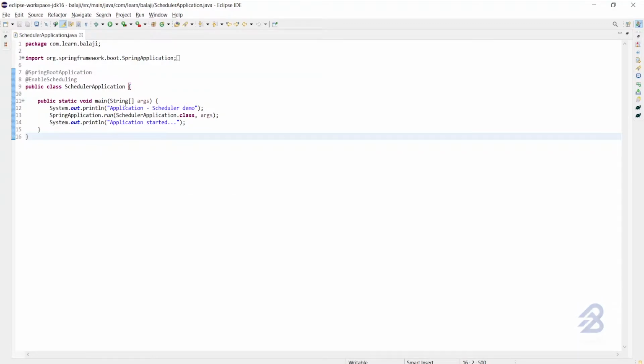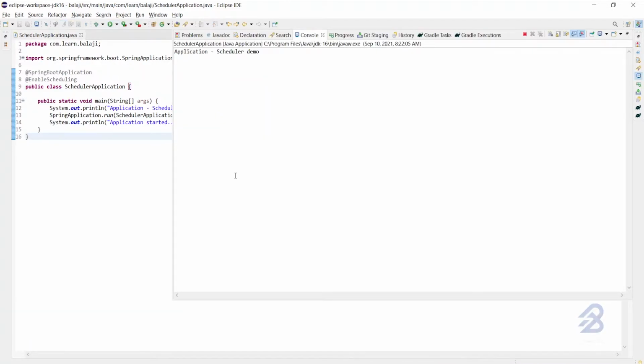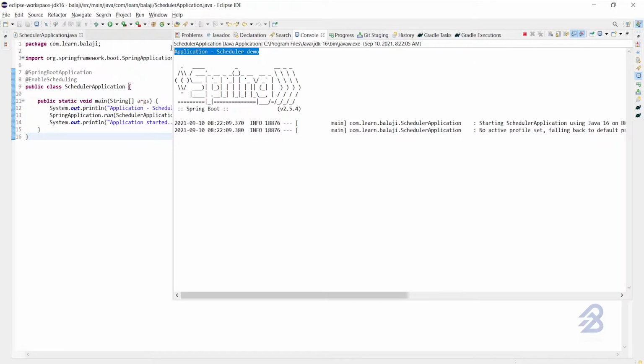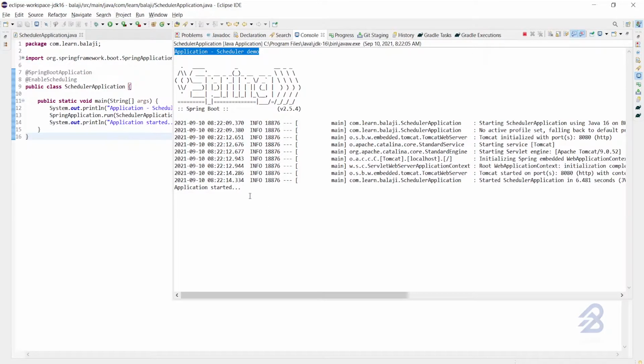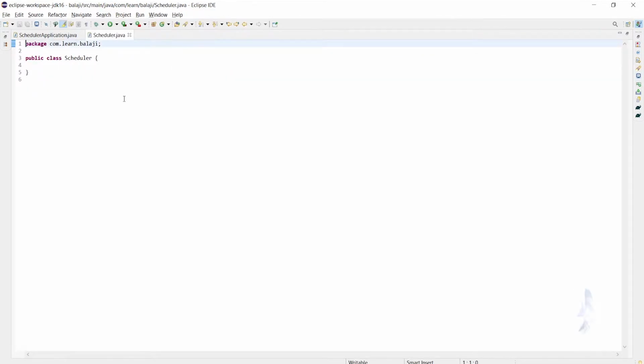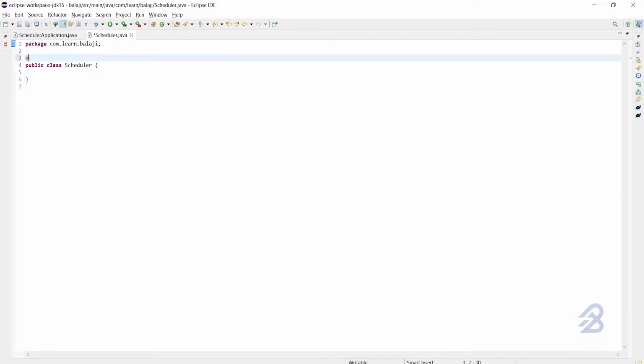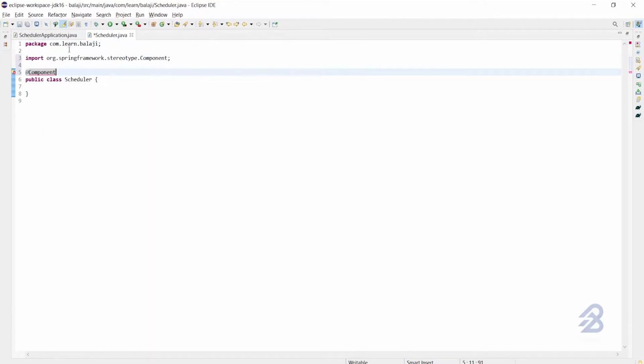For the sake of this demo, I created a simple Spring Boot application. Please note, I also added the @EnableScheduling annotation. This will tell Spring that this particular application has some tasks to be scheduled. Let's say we need to run a specific task every predetermined interval of time. For the sake of the demo, I am considering one second. So for every second, we can see the statement getting printed.